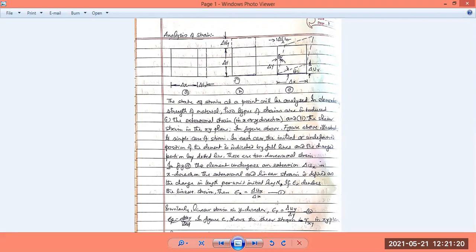Now, with figure A, what happens? The element which was having original length delta x is deformed up to delta Ux, and in figure B, the length along the y direction, delta y, is deformed up to delta Uy. And at the point C,